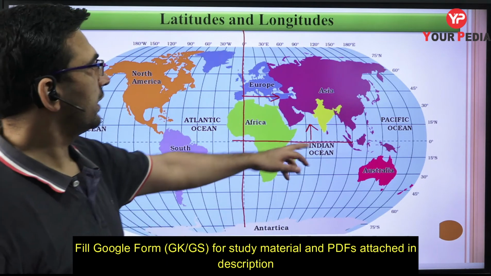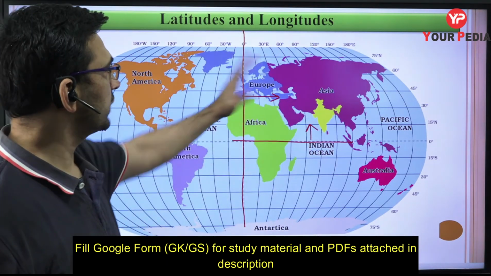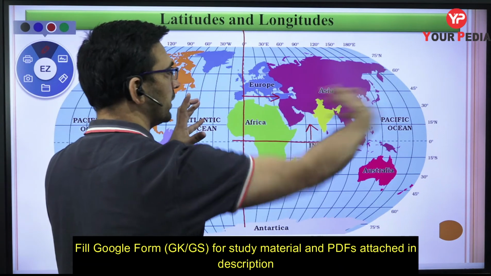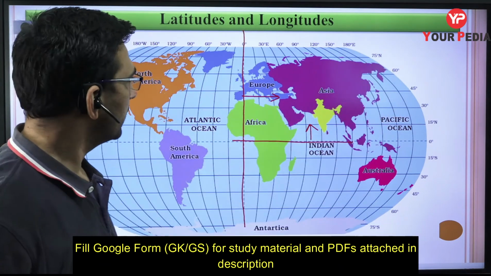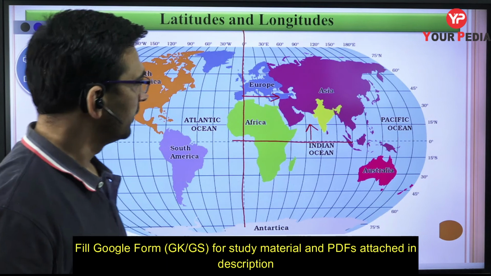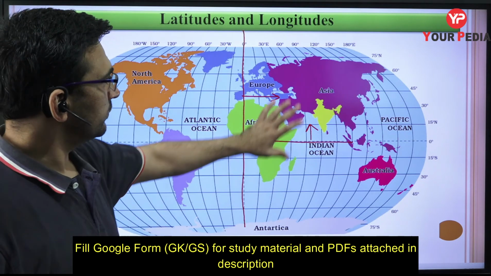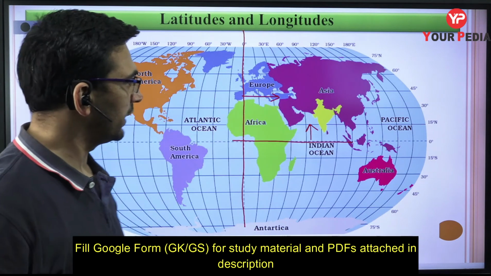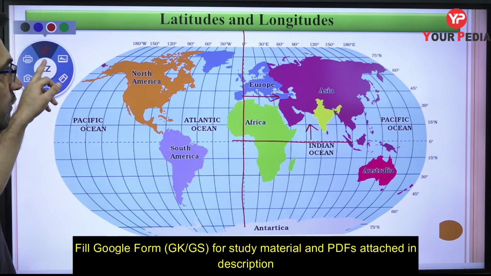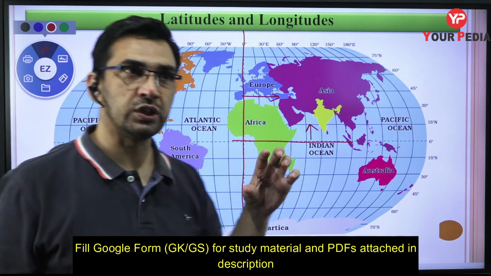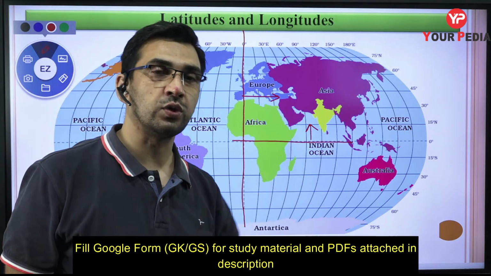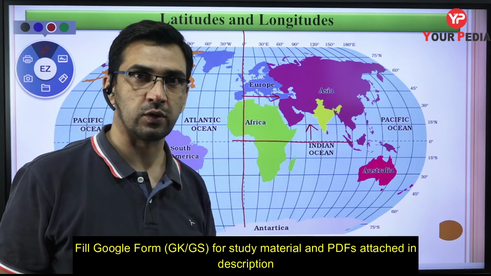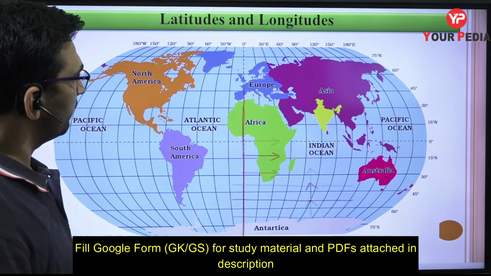You can say it lies in the northern hemisphere, or you can also say it lies in the eastern hemisphere, because east is measured from the prime meridian. So this is the gross location of India. When we talk about overall latitudinal and longitudinal position, you need to know the exact position of India in terms of its latitudinal extent and longitudinal extent also. So just have a look.